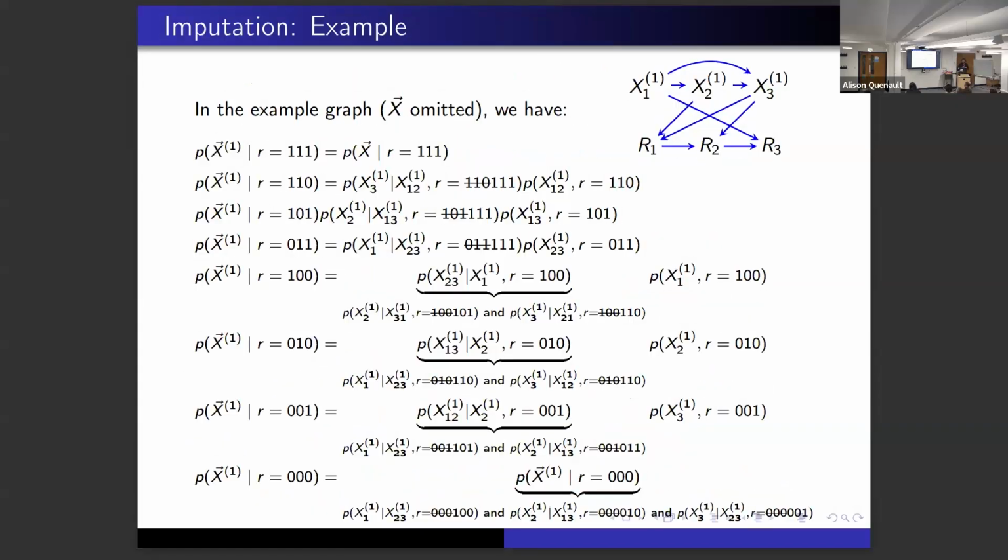So here is a graph in the top right corner. We're going to omit the proxies because they're always in the same place and they always have the same parents. They're artificial, and it will just take up valuable slide real estate. So we need to identify the joint distribution of the x's given any pattern here. There are no O's for simplicity here.